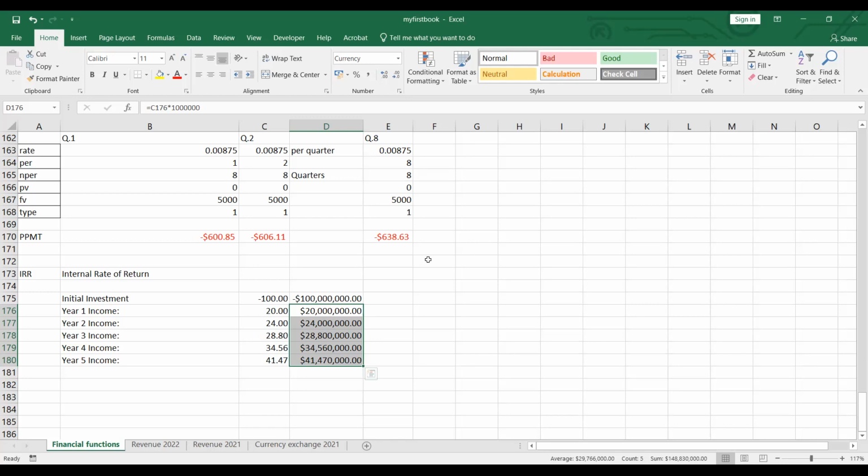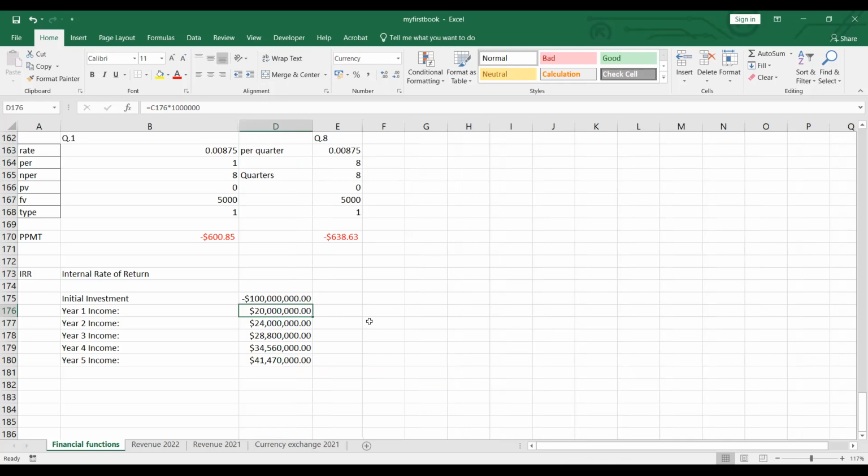So when we get the series of the cash flow, from the initial investment to the income of the company like this already, you can see that if you just consider the money in the series of the cash flow like this, you never know in which year you should take over this business, or whether this business is good or not, because if you look at the income, all of them are positive numbers, 20 million, 24 million, 28.8 million. But how can you see that